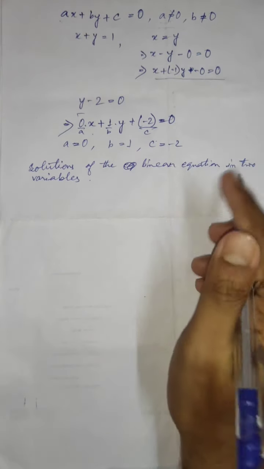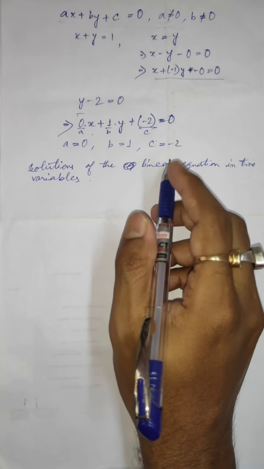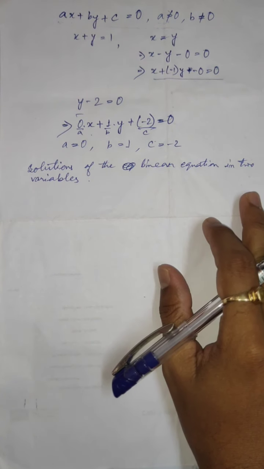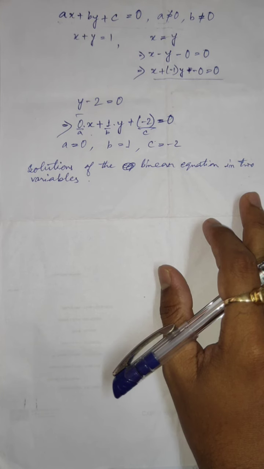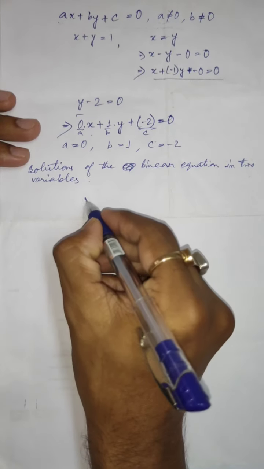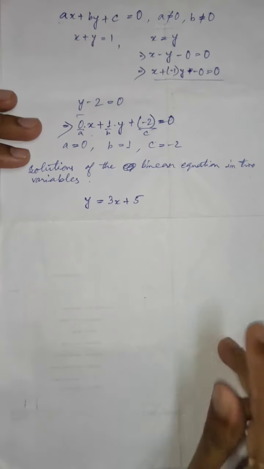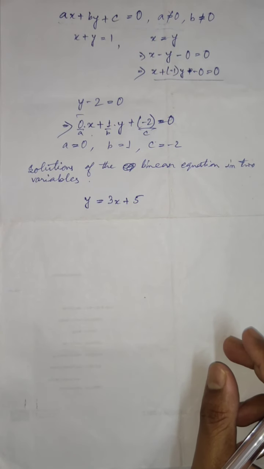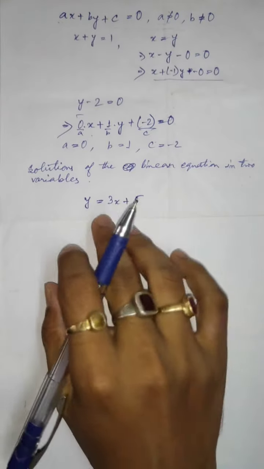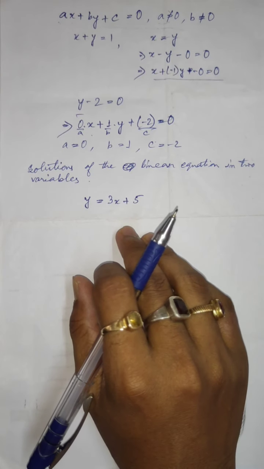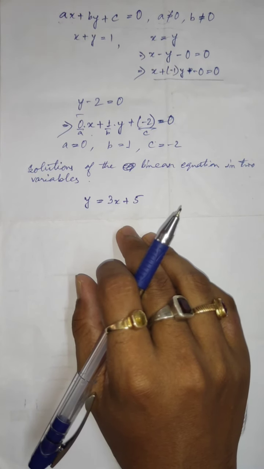Now see, you can refer to exercise 4.2 in your book. In exercise 4.2, question number 1 is there. Which of the following options is true, and why? y is equal to 3x plus 5 has a unique solution, only two solutions, or infinitely many solutions. If we consider any equation like this, what will be the solution? Remember, every linear equation in two variables has infinitely many solutions, always.